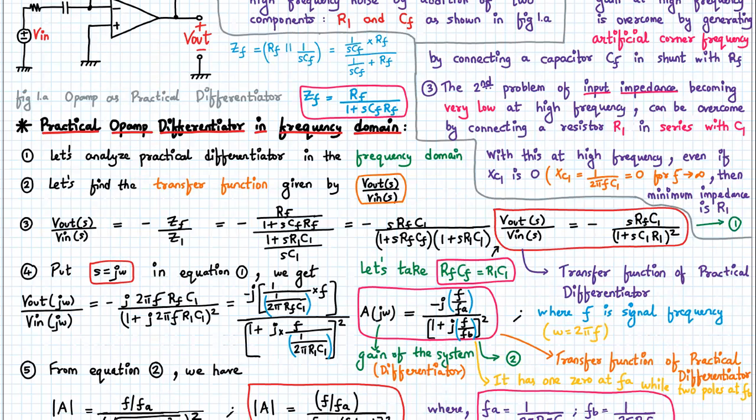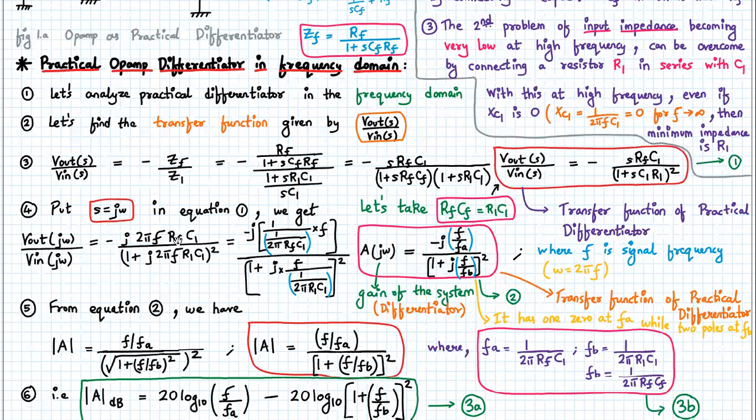In this equation, let's consider RF CF to be equal to R1 C1. If we do that, we can rewrite the expression of V out of S upon V in of S as equal to minus S times RF C1 divided by (1 plus S times C1 R1) the whole square. This is given by equation number 1. Now, to convert this into the frequency domain, we need to substitute S equal to j omega in equation number 1. Hence, we get V out of j omega upon V in of j omega given by minus j times 2 pi f RF into C1 divided by (1 plus j 2 pi f R1 C1)